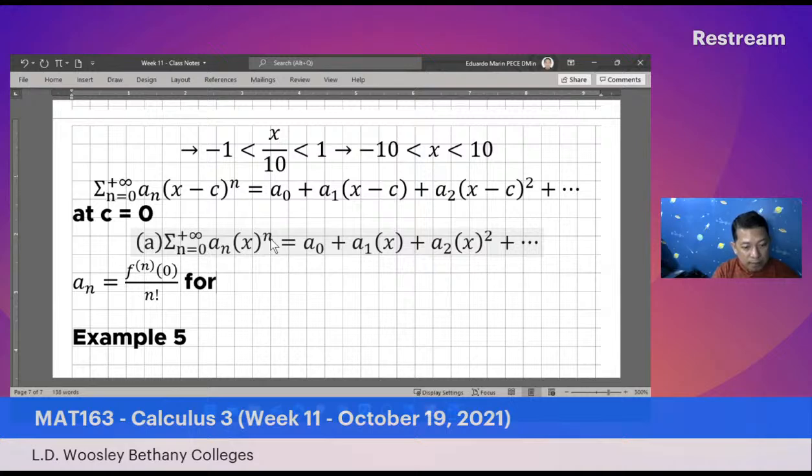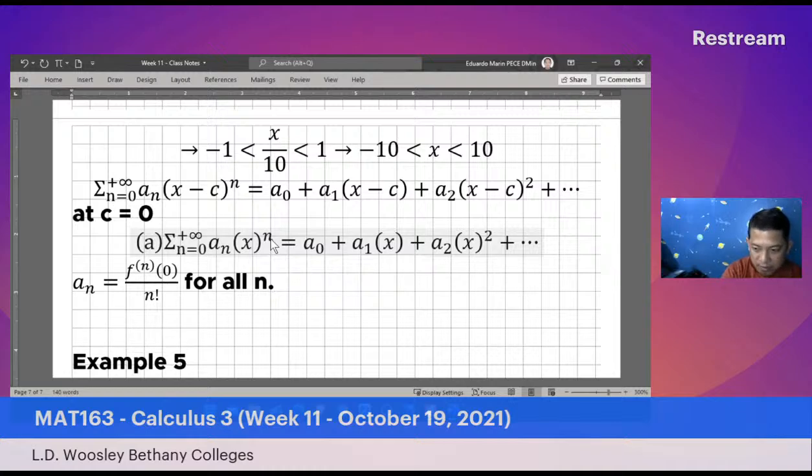Ayan. So, for all values of n, that's a sub n. Meaning, the f of n term, that's the derivative. Now, derivative yan. Yan yung derivative. So meaning, example, yung a sub 0,